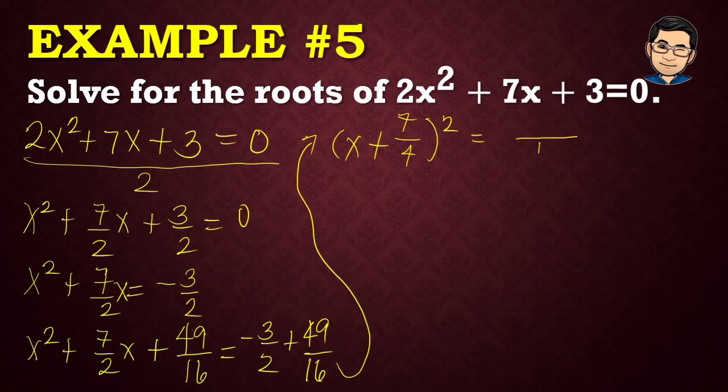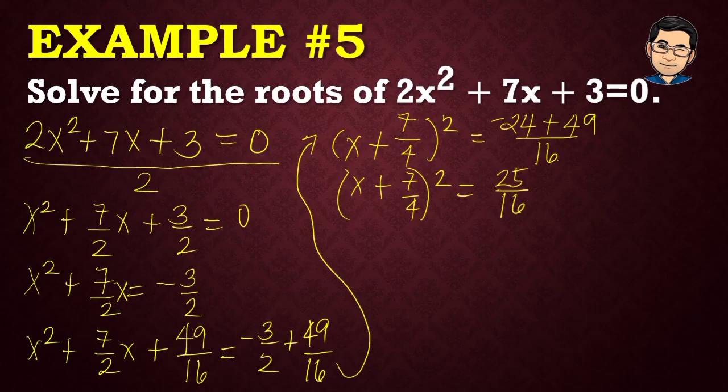So, write natin dito, 16. And then, 16 divided by 2, that is 8, times negative 3, that is negative 24. Next, plus 16 divided by 16, 1 times 49, 49. So, ayun. So, and then, write ulit natin, 7 over 4. So, negative 24 plus 49 over 16, that is positive 25 over 16. And then,